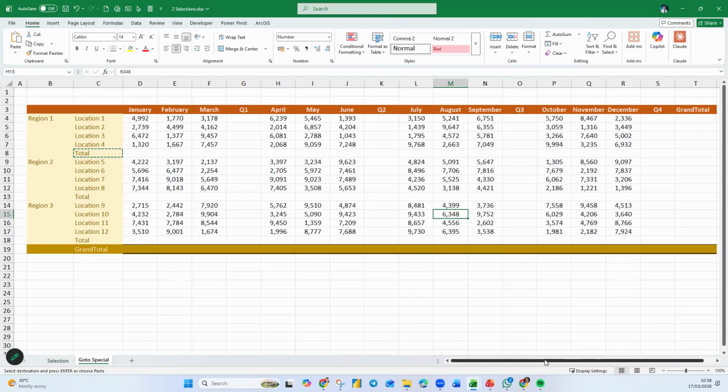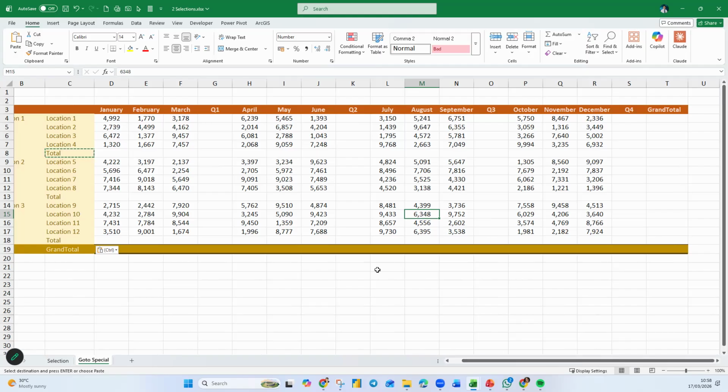Okay, so let's look at my screen. Everybody, don't blink your eye. This is how I'm going to do it. I'm going to get the total for each quarter over here with a single click. I'm not going to work very hard on this. I'm not going to click here and drag down, then click here and drag down. I need a total for each of the months for each region. Okay, so this is what I'm going to do.